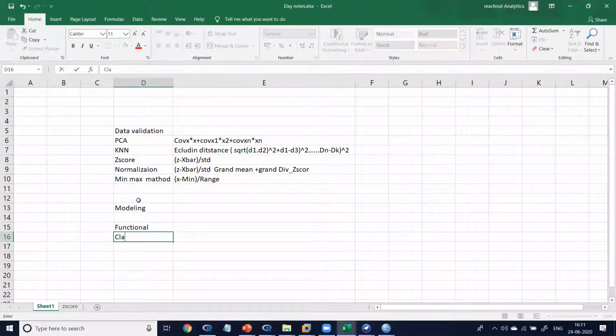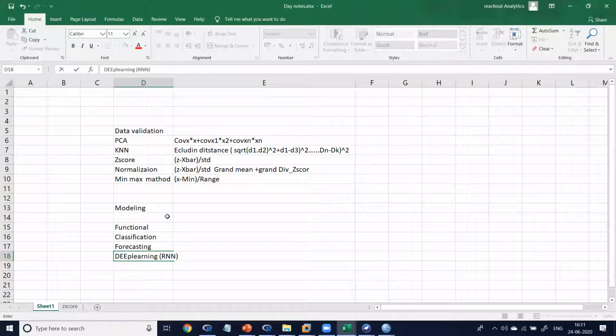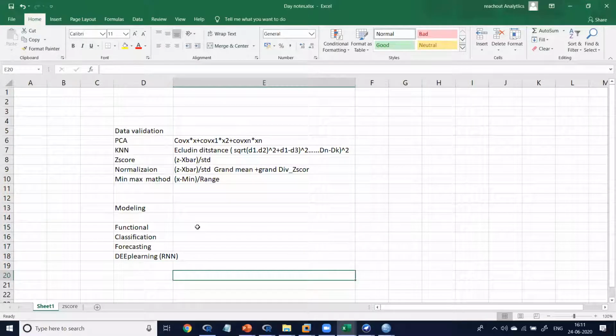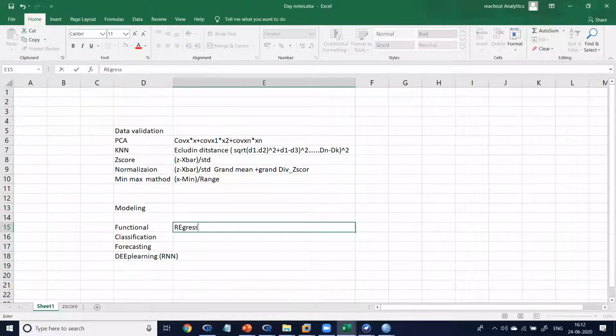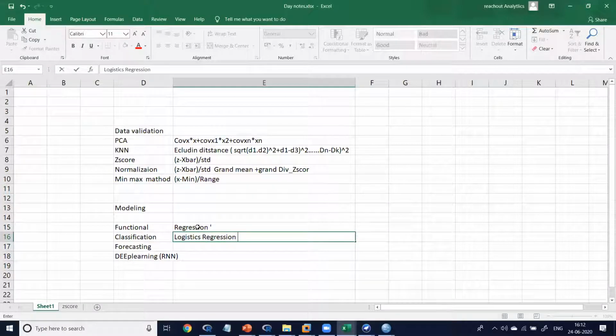The modelings are functional, classification, forecasting. You can use RNN for forecasting. The functional models are regression. The classification models are regression. The forecasting models are time series.